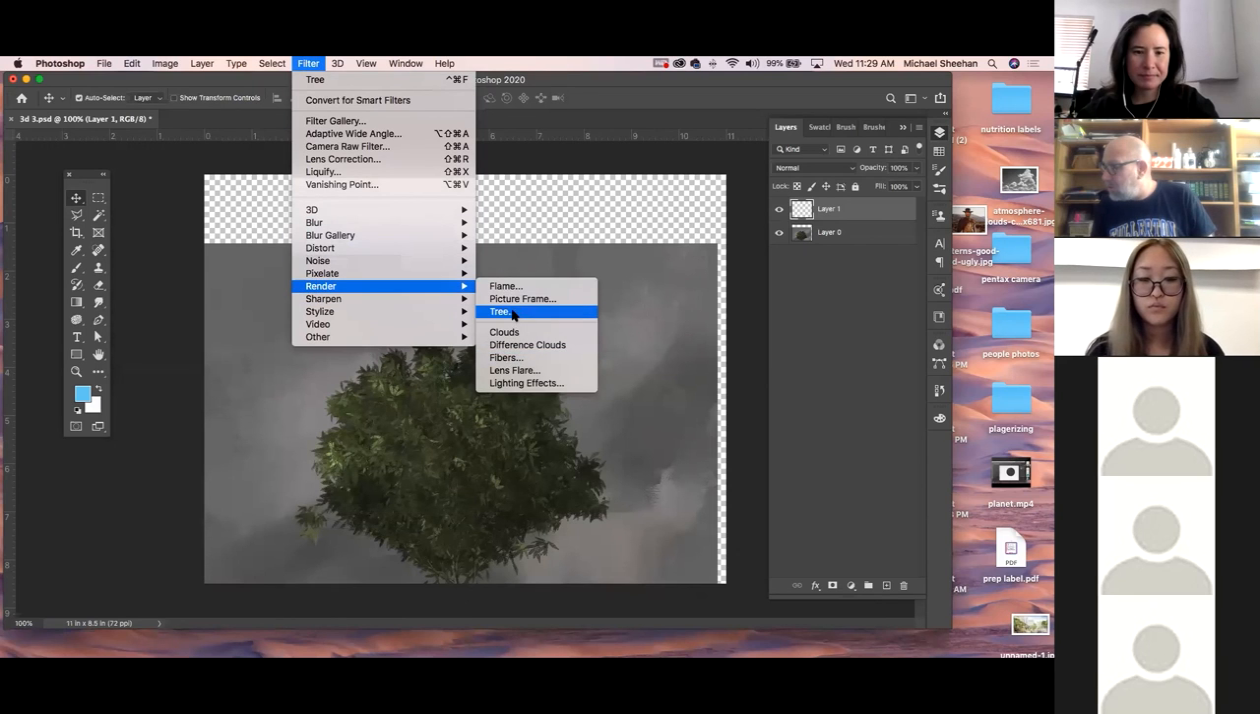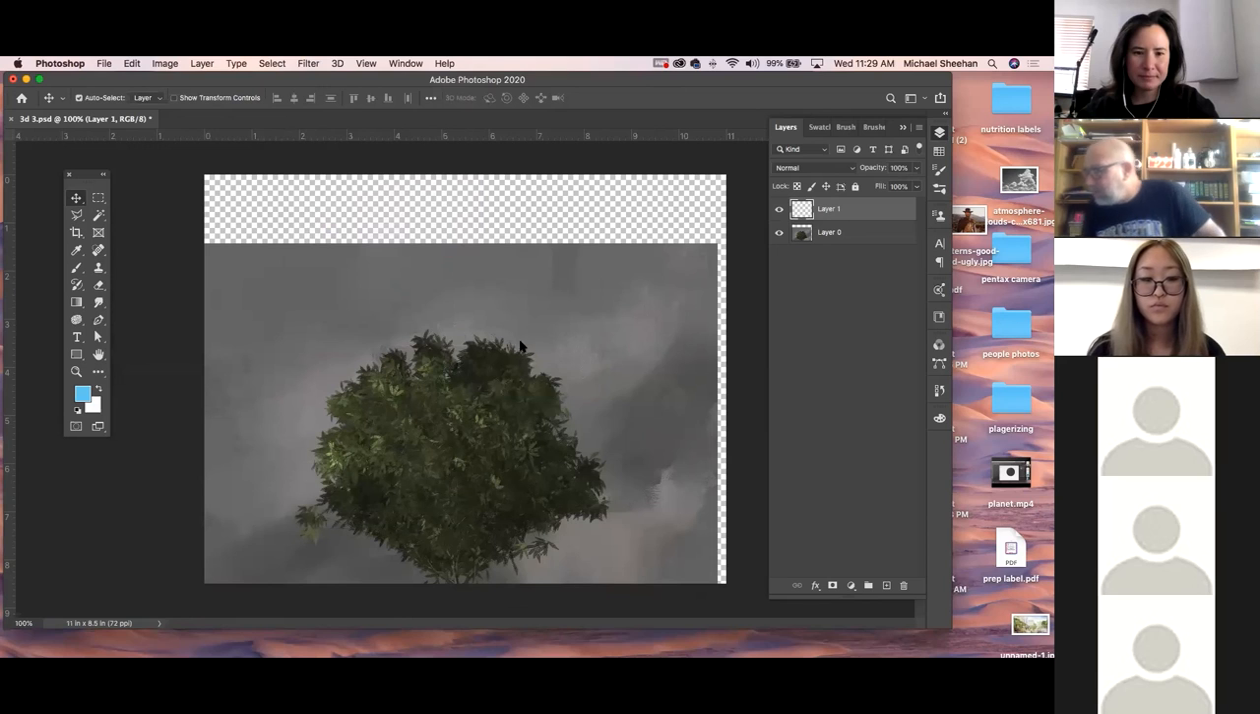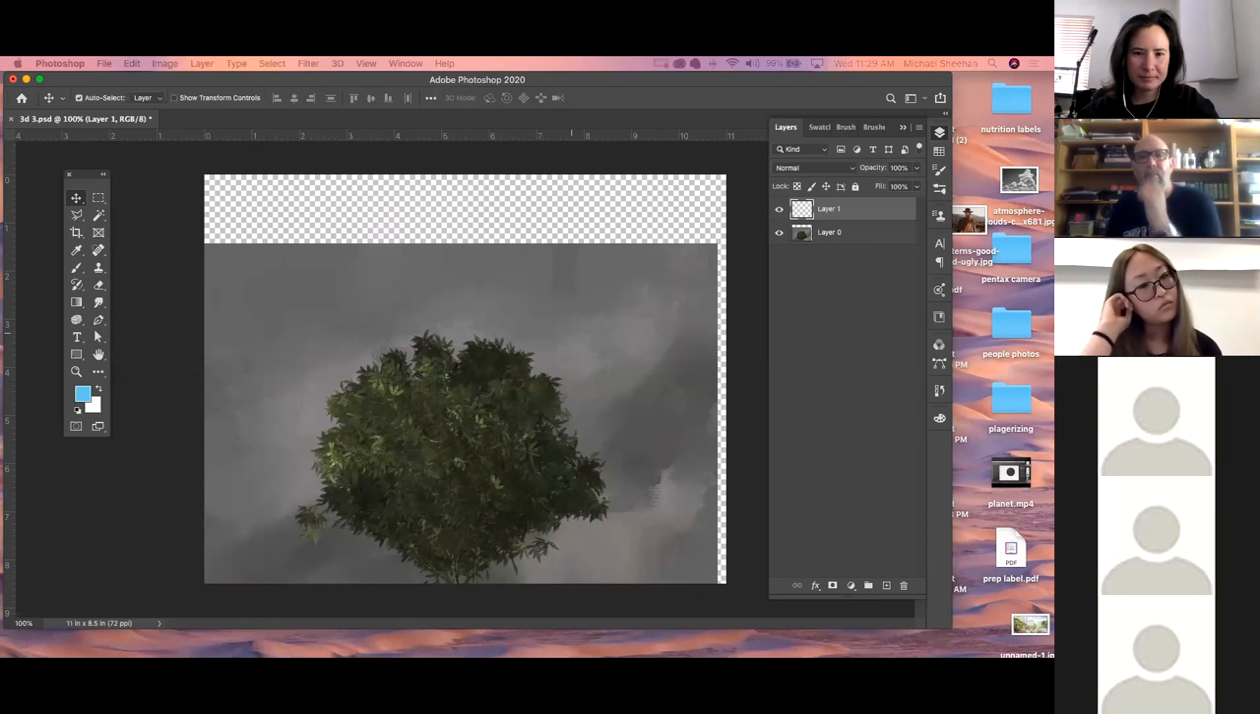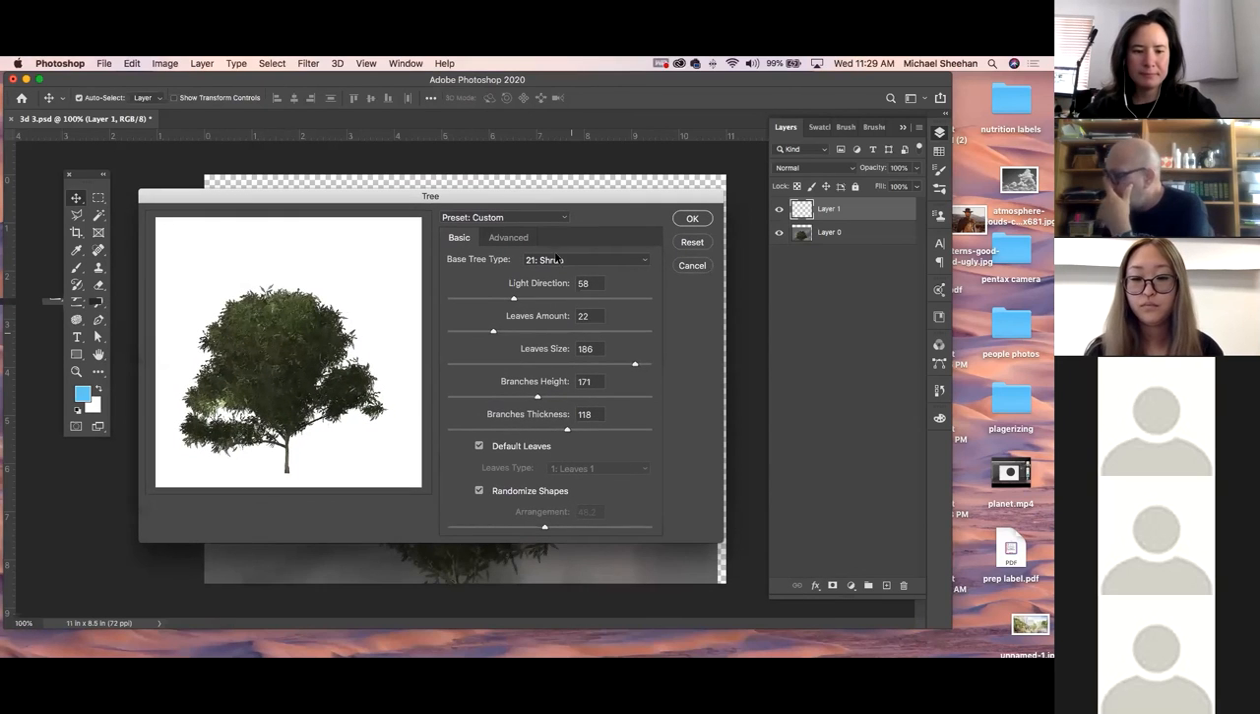Render. What if you can't click on Tree in Photoshop? It's just grayed out. It doesn't work. Maybe you're not on a layer. You might not be on a layer. Okay, thanks. So here's shrub, oak tree,